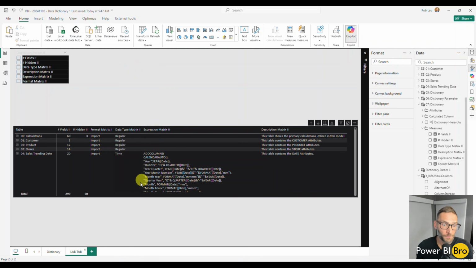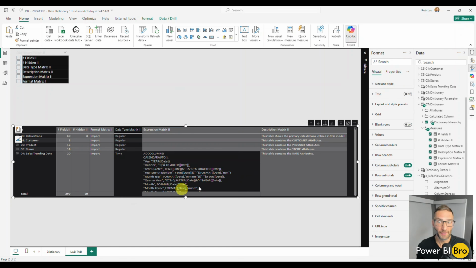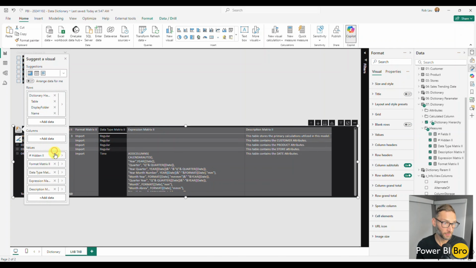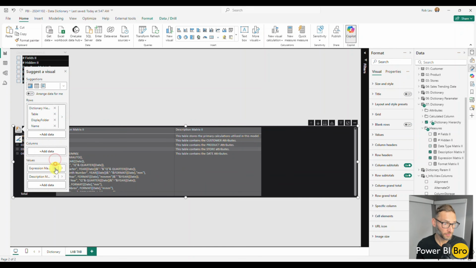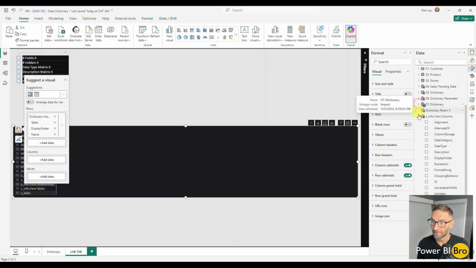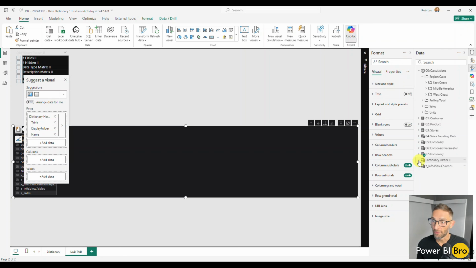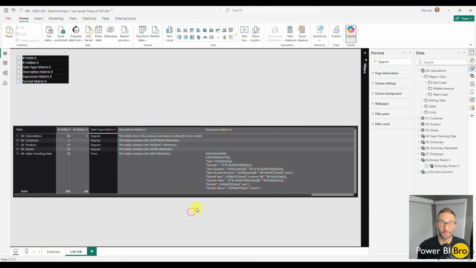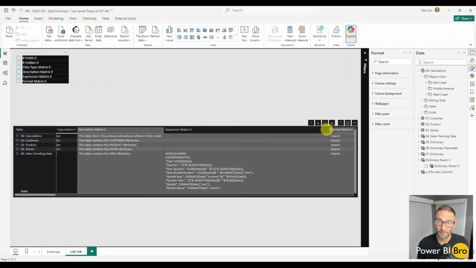So now what I'm going to do is come back to this table, and the work that we just did, I'm actually going to remove it. I'm going to delete all of these values out of it. Because instead, I'm going to say, I don't want to use that. I want to use our new item dictionary2 parameter. I'm going to add this to the values. And now look what's happening. Now we're really cooking with some things here. And what this is going to do